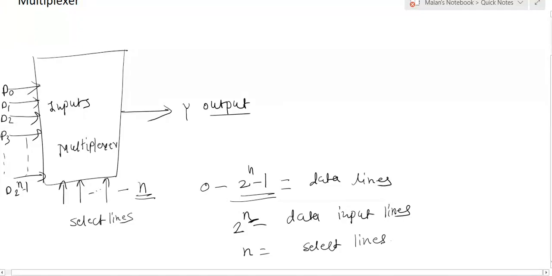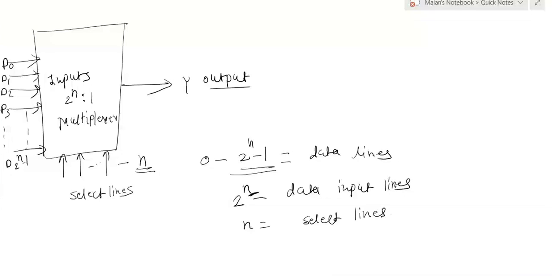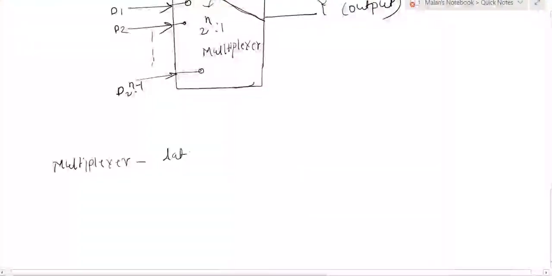Clear? When the multiplexer has 2 raised to n data input lines and out of that one is selected as the output line, that type of multiplexer we call a 2 raised to n multiplexer. Clear? It is also called a data selector, because it is used to select one of the data input lines as an output line.